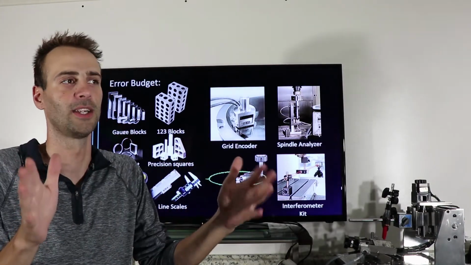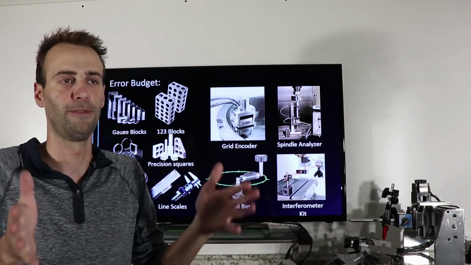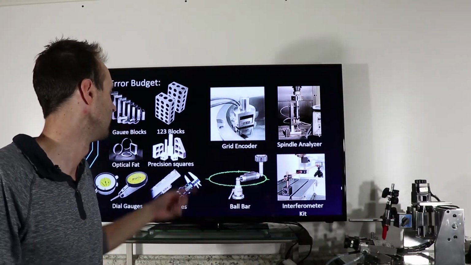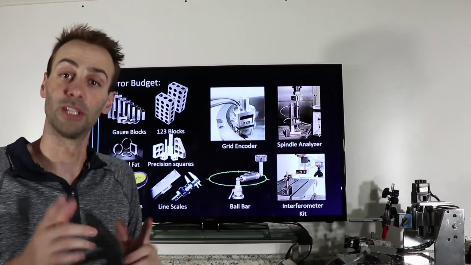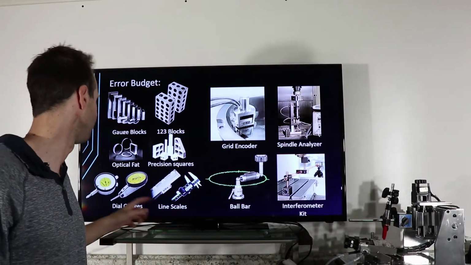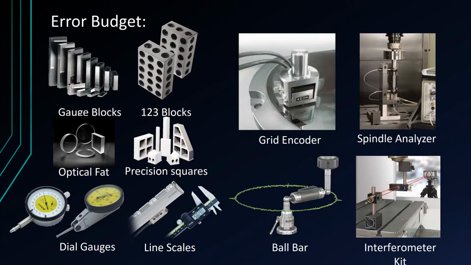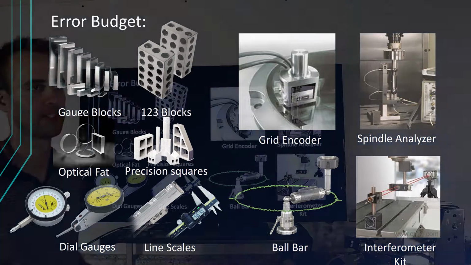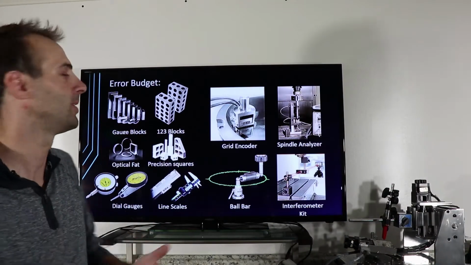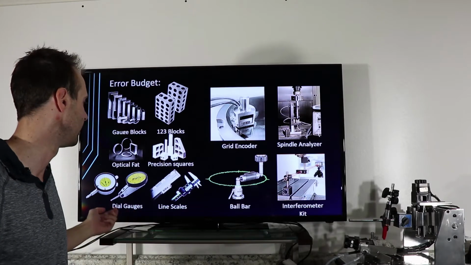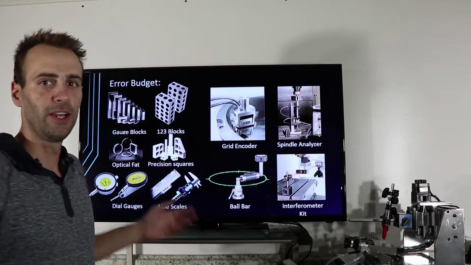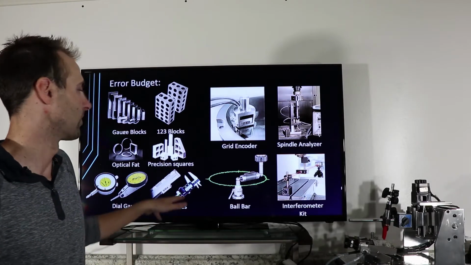So the net effect is a zero coefficient of thermal expansion, right? So they're super expensive, but they're out there and you can find them. Of course, you've got to measure something, so these are sort of artifacts to be measured, and then you're going to measure it with something, and most likely you're going to use dial gauges or line scales,